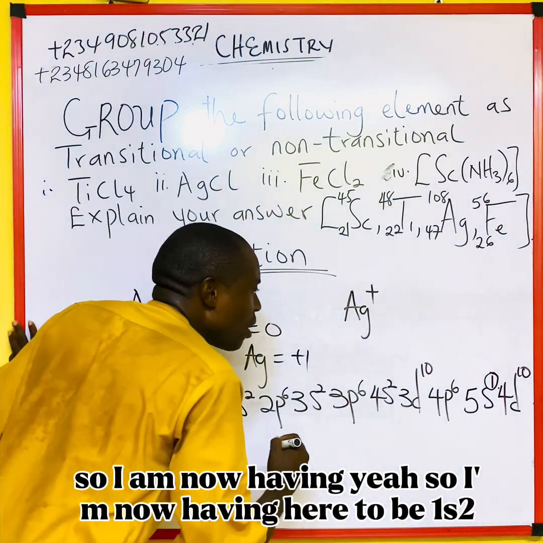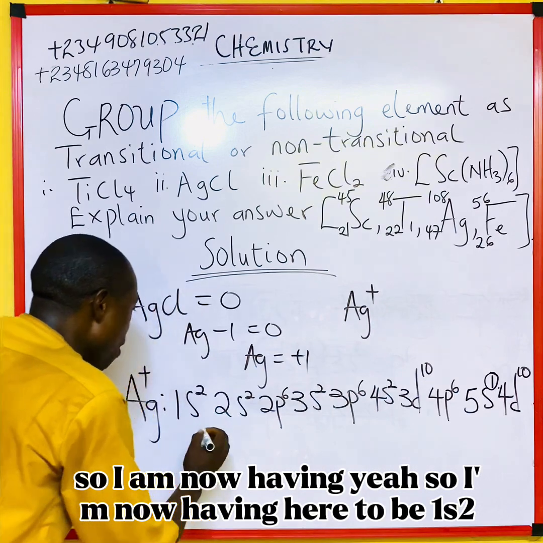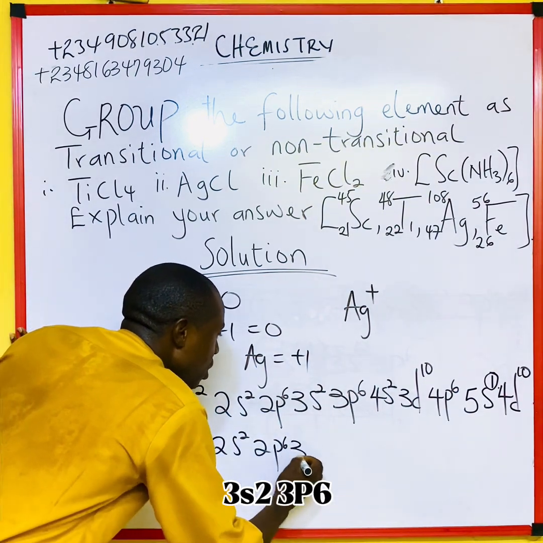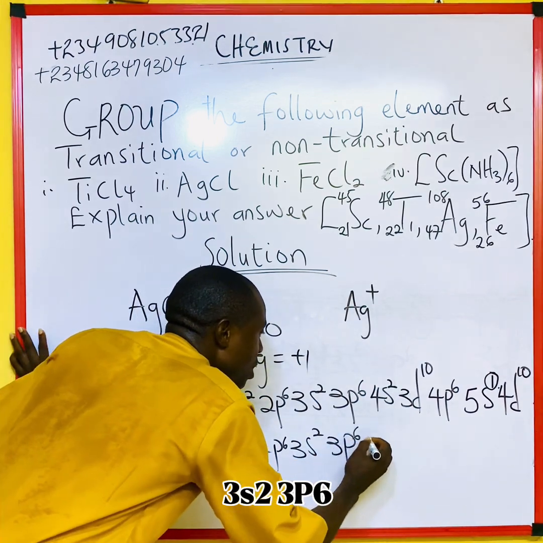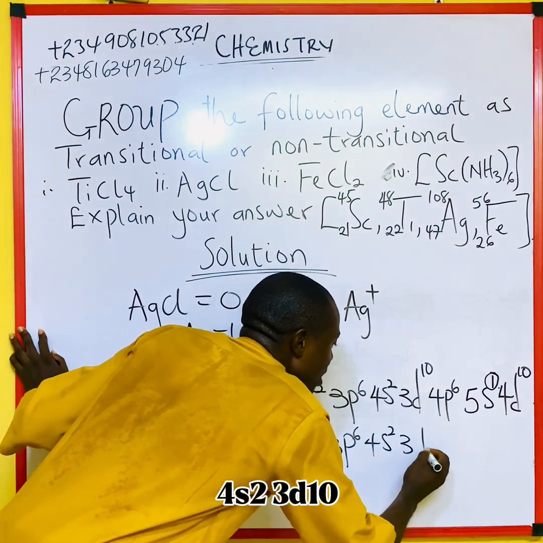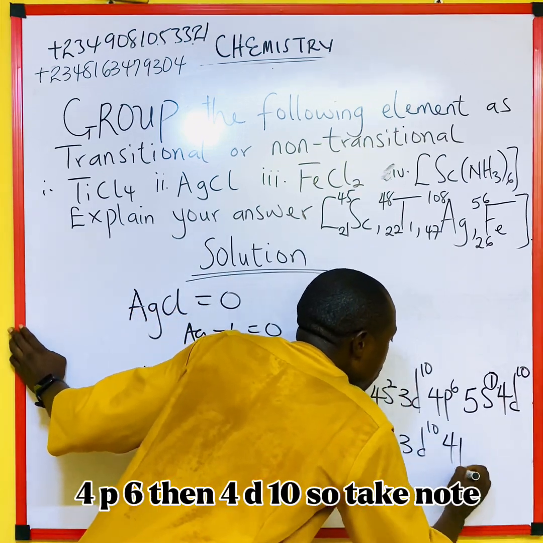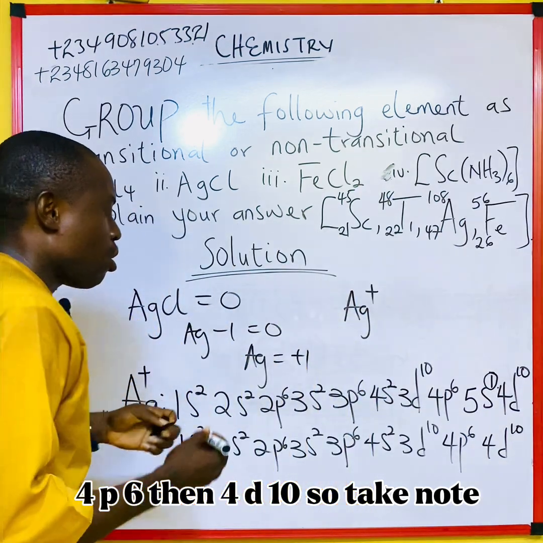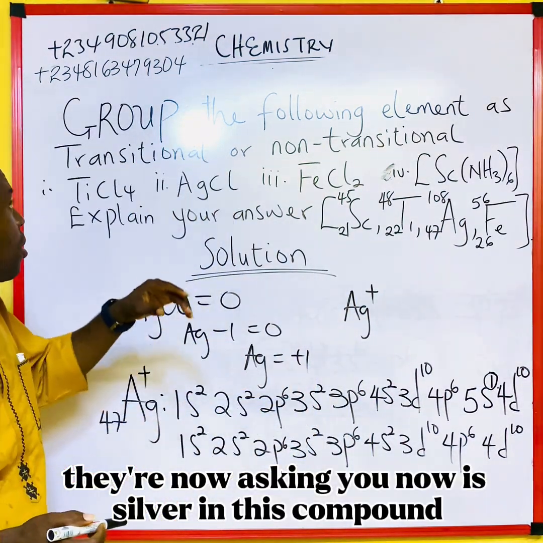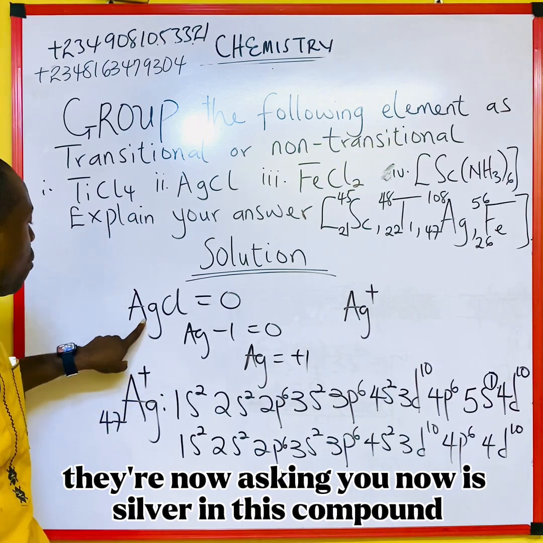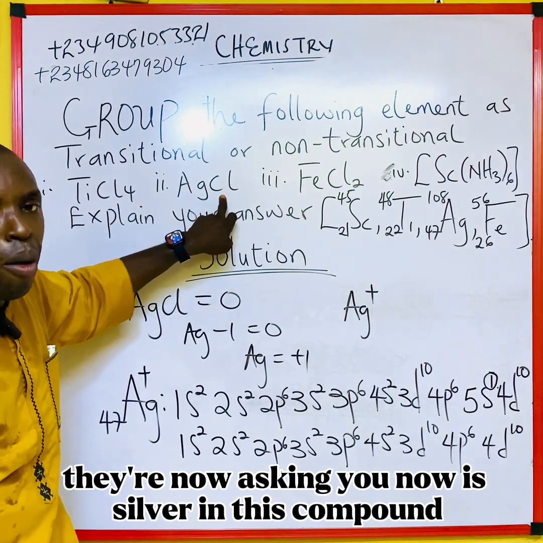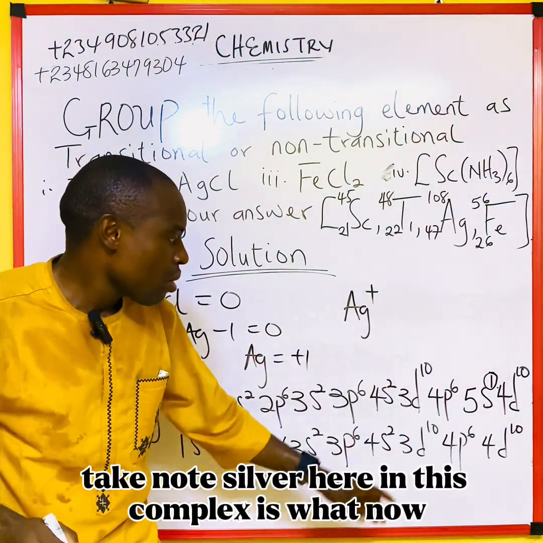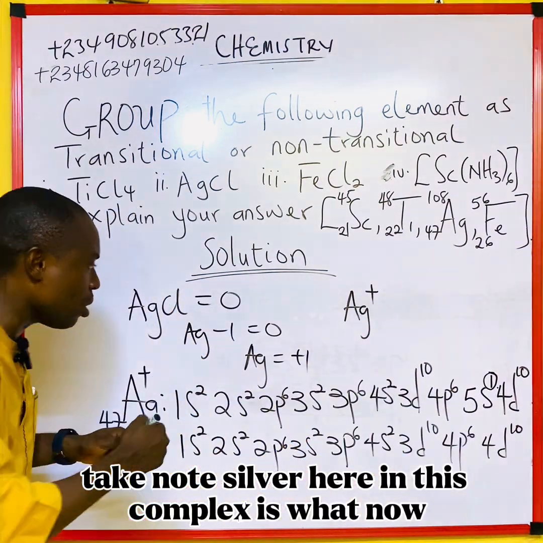So I am now having here 1s2, 2s2, 2p6, 3s2, 3p6, 4s2, 3d10, 4p6, then 4d10. So take note. They're now asking you, is silver in this compound transitional or non-transitional? Take note. Silver here in this complex is what now? It's also